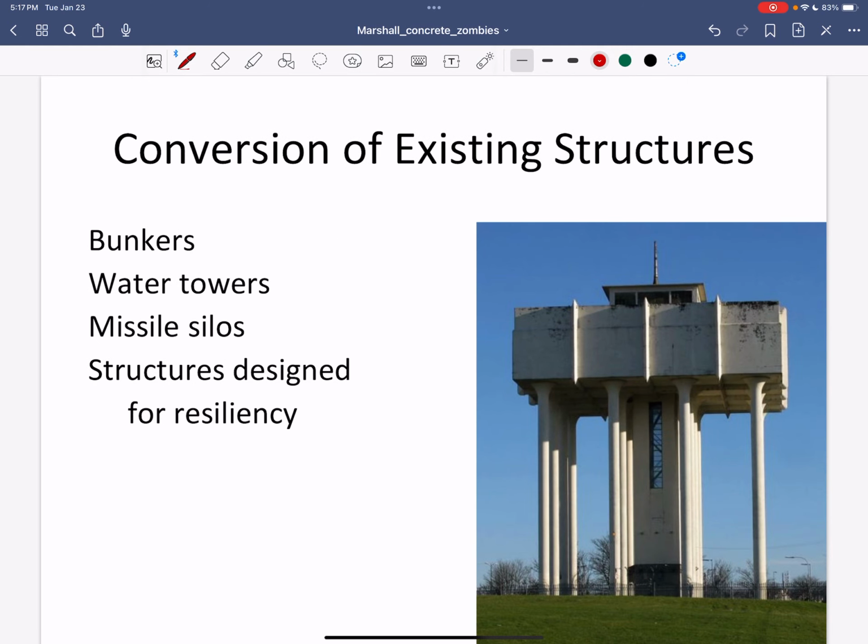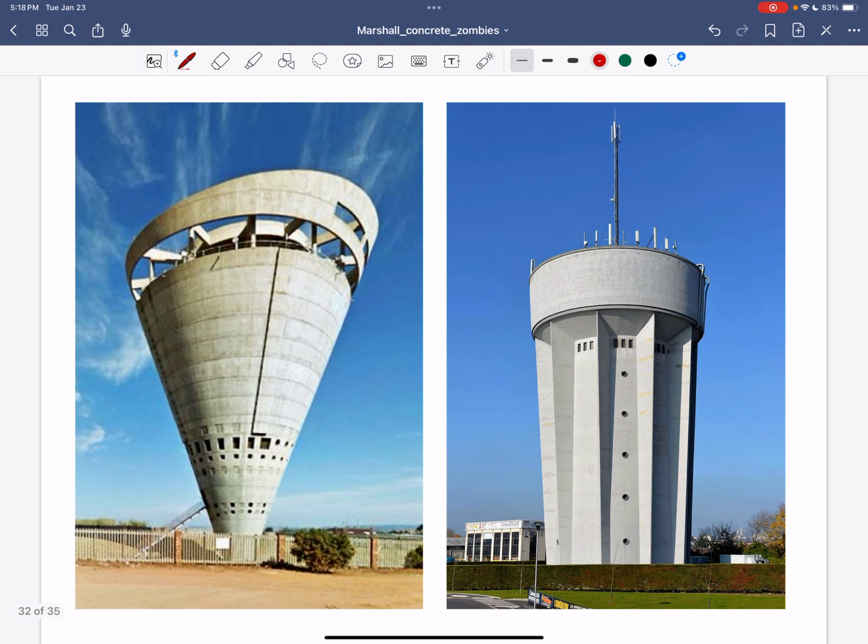One of the most sustainable and cost-effective things you can do is actually convert an existing structure. So these pictures I've been showing you are real structures. Water towers, missile silos, like we just talked about, bunkers, other structures designed for resiliency. This is kind of not the prettiest thing in the world, but this type of structure might be, if this is your living area essentially and you can lock down, a really effective zombie-proof structure. Here's one. I think when you have these kinds of overhangs, there's a good chance that this would be hard for a zombie crew to scale.